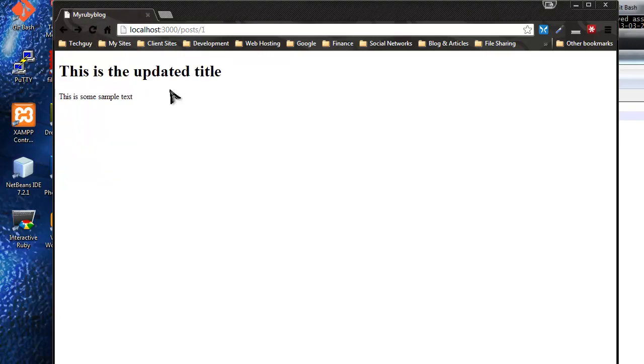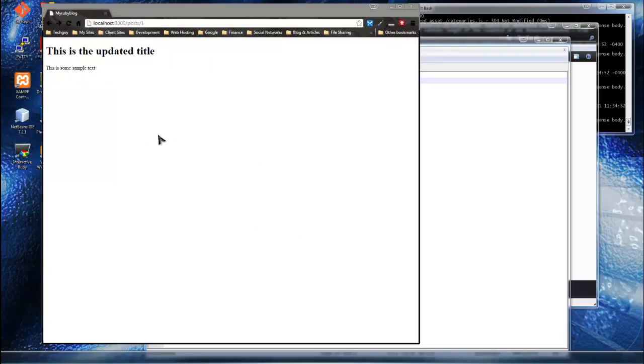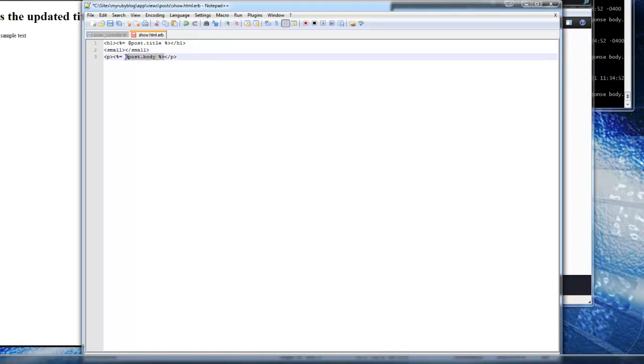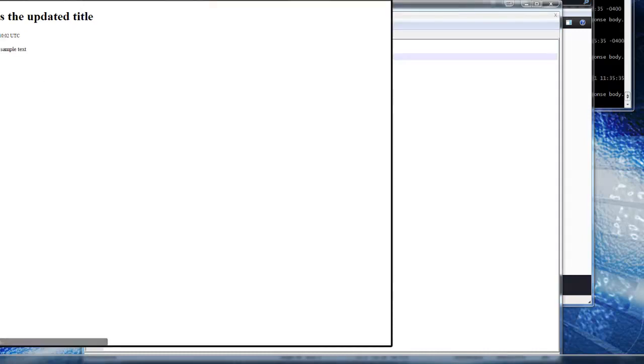Actually, one more thing, I'm going to add the date. Since this is a blog, it's a good idea to have the date. So if you remember, by default, Rails puts a created_at and an updated_at field. We'll call them in the database. So we want the created_at field. So I'm just going to put them in small tags. And if we copy this and then we change body to created_at, and then save it and reload, you'll see it gives us a